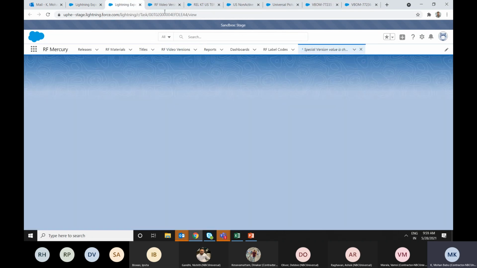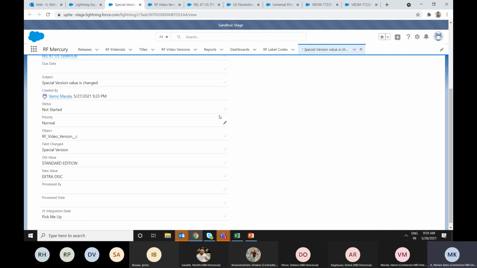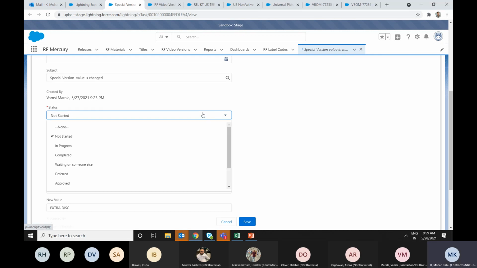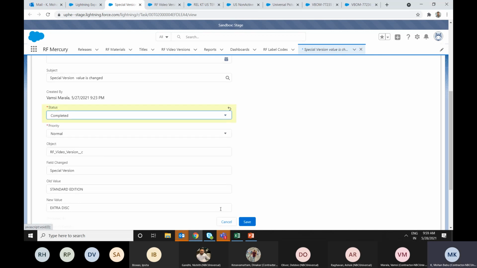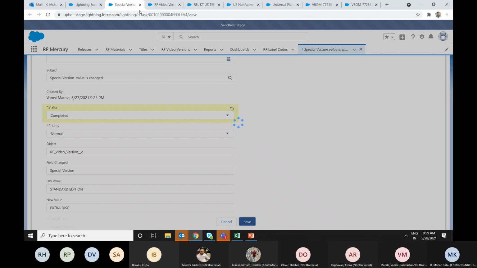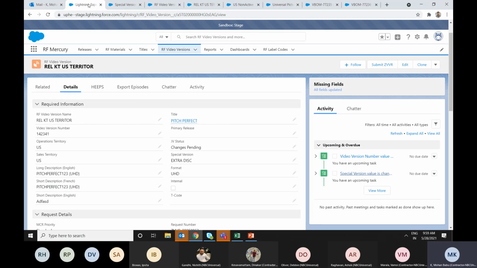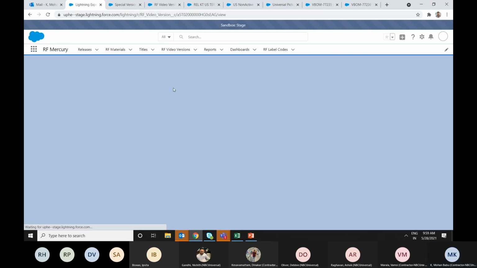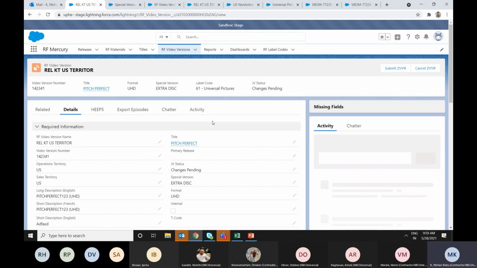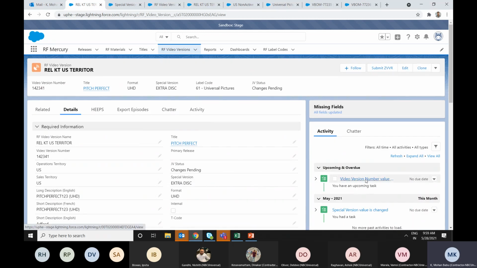Basically, JV will process it, so they will complete it. Once it becomes completed, the process runs, and when it has been processed, everything will get updated. And if you don't have any other task pending, it will get updated to live.